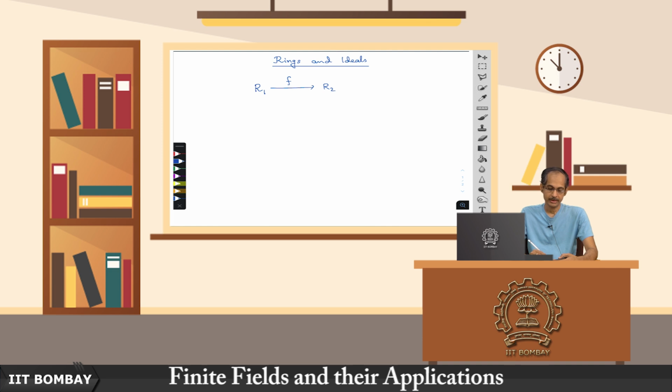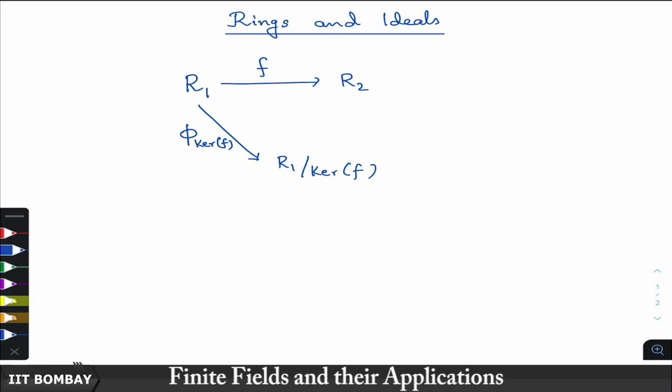First, there is a canonical homomorphism to the quotient ring R1 by kernel of F, and then there is an injective ring homomorphism